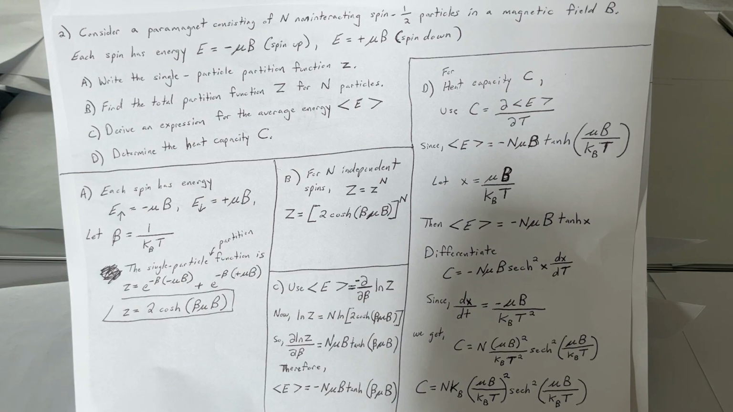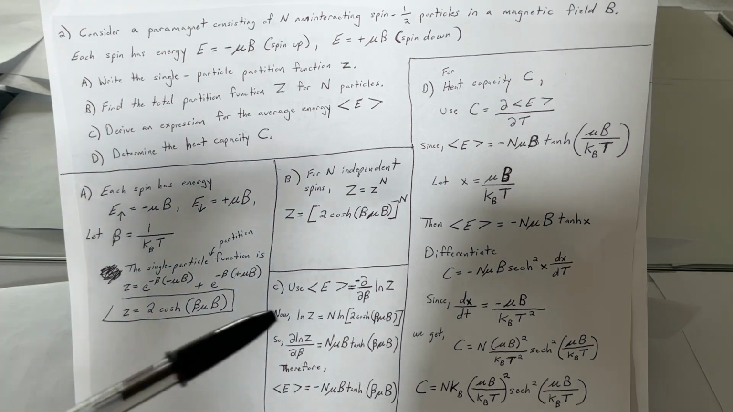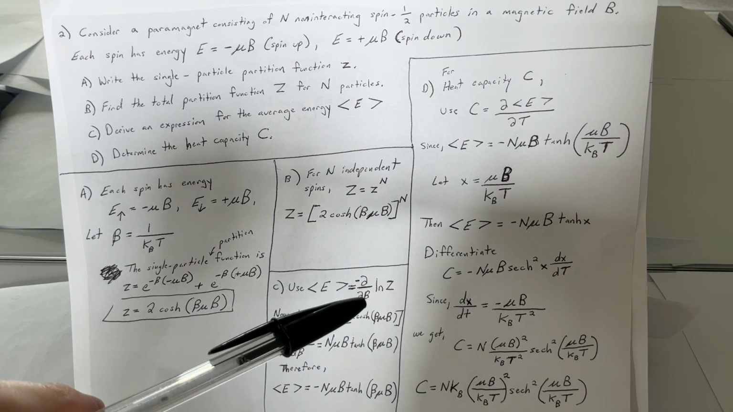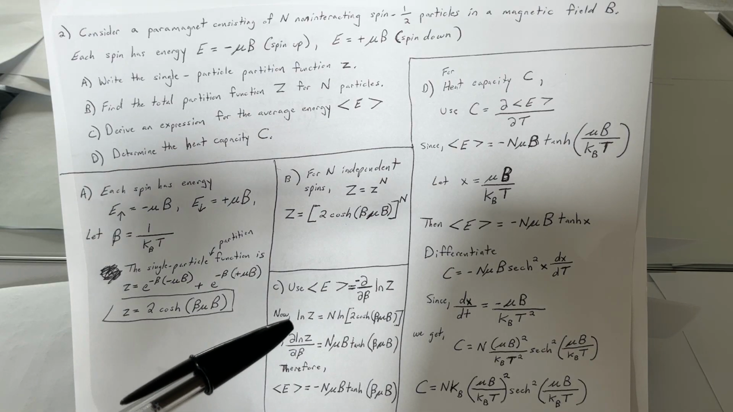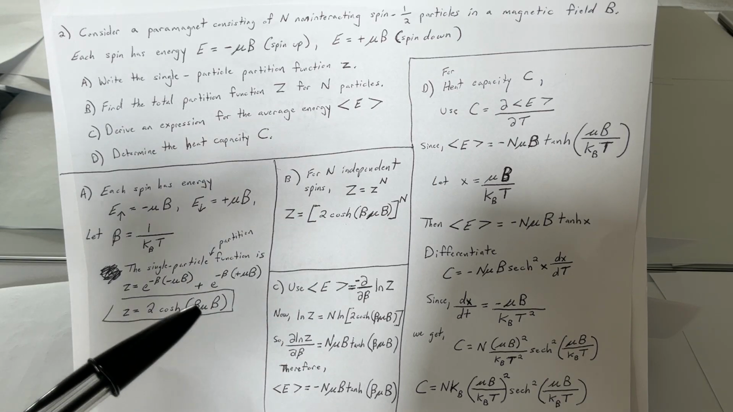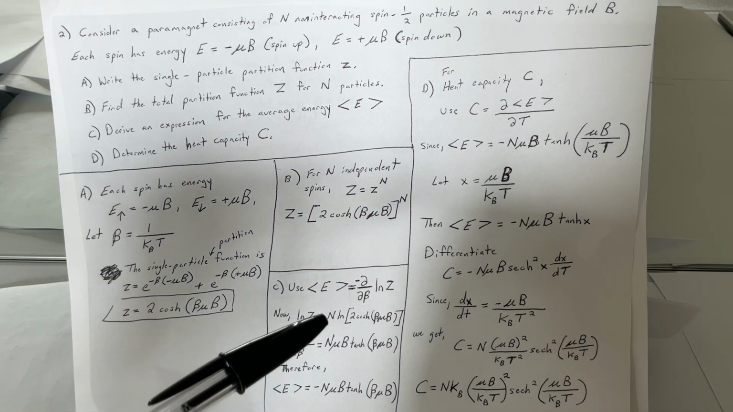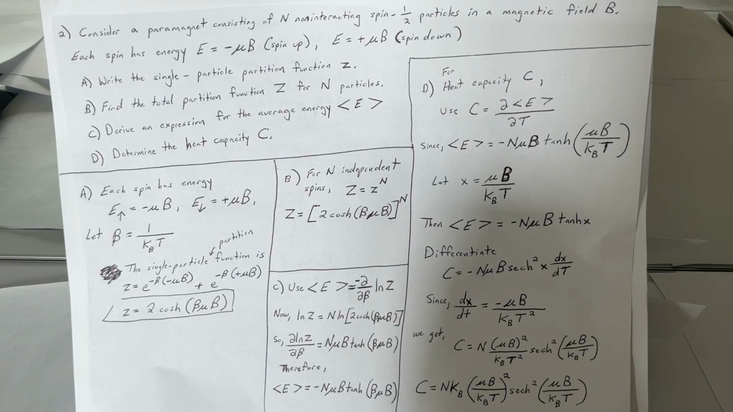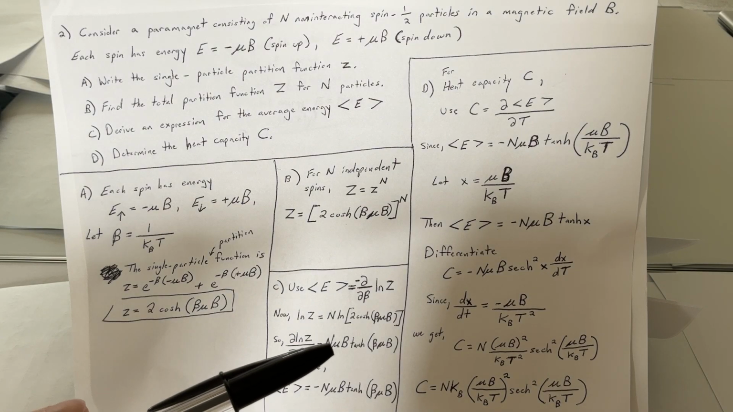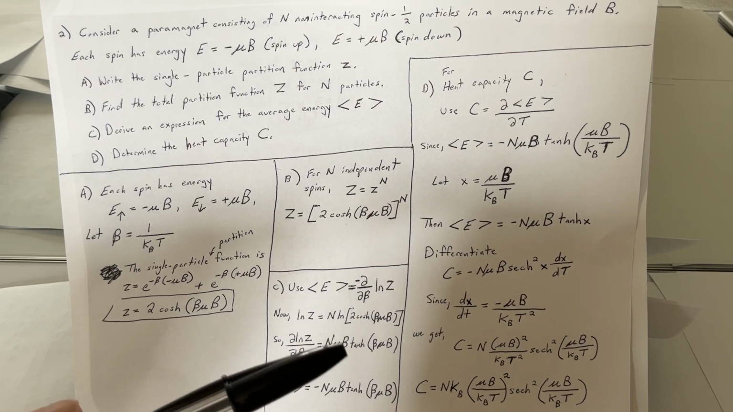And for C, derive an expression for the average energy, E. So doing so for letter C, we're going to take the negative partial derivative with respect to beta of natural log of Z. So that natural log of Z, when we take this derivative, it's going to be N natural log of 2 hyperbolic cosine of beta mu B. So what this is going to become is the partial derivative with respect to beta of the natural log of Z. That's going to be N mu B,